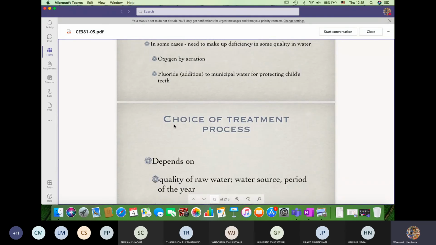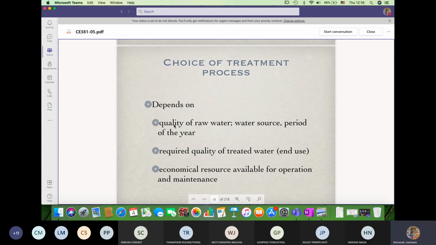elements. The choice of treatments. In the previous slides, I have shown you several unit operations and unit processes which are commonly used. But anyway, we don't have to go for all. We may need only a few unit operations just to purify the water. But in some cases, maybe we need more than 10 unit operations to purify. But this